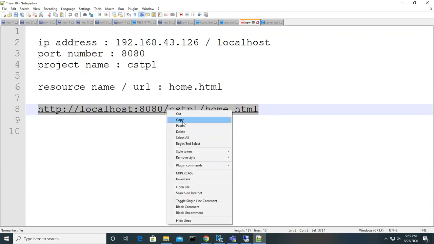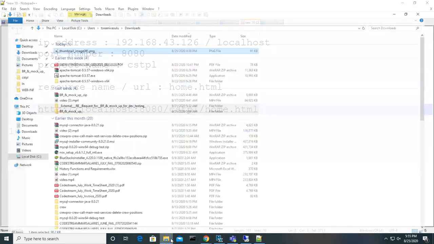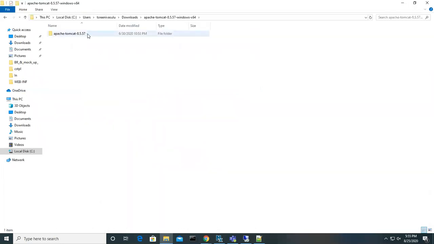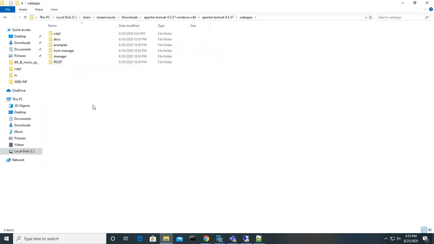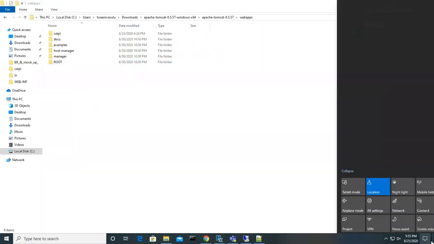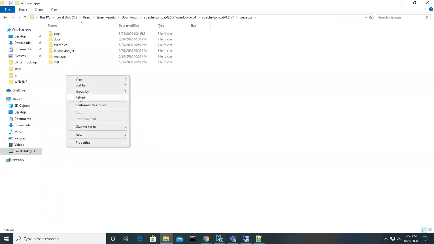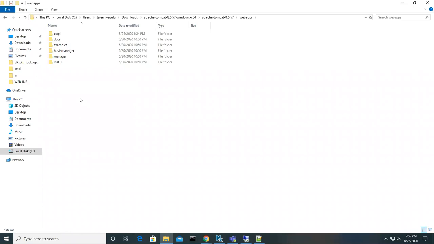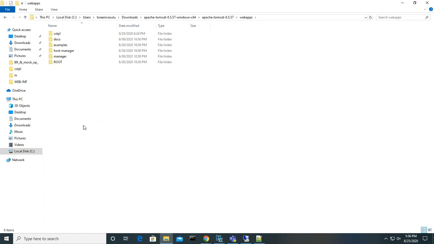No questions? No. Okay. So let me go to the Tomcat again. This is the Tomcat installation which was done. Everybody try to install the Tomcat server in your machine. Anyone is missing?